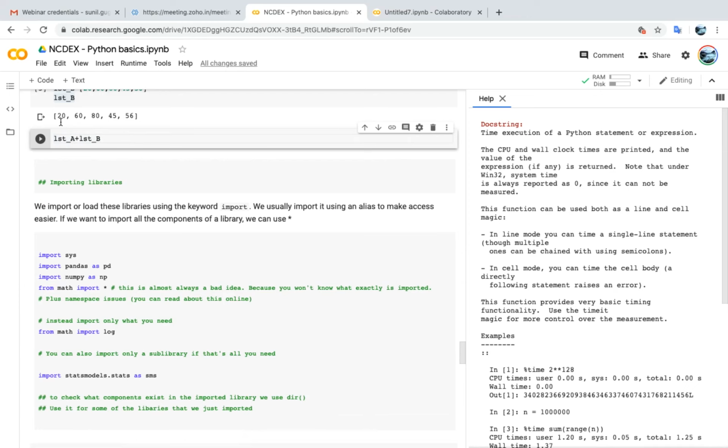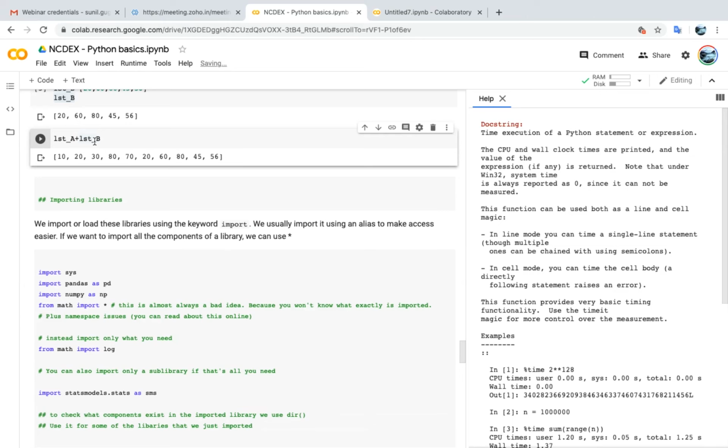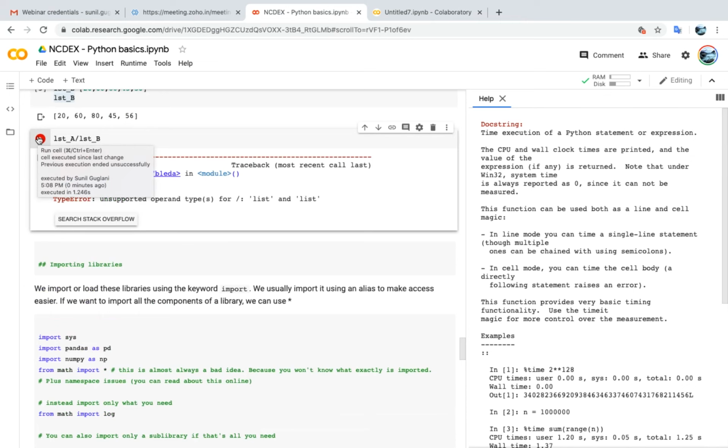Let us say if I'm trying to add these two lists, what happens is it adds both the elements into one single list. So let us say we want to add elements of list A to elements of list B. That is not possible here. And if I want to divide elements of list A with B, then it doesn't happen. This we tried yesterday. So for that, what we have done,